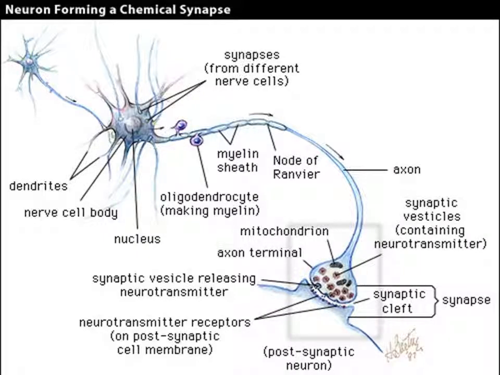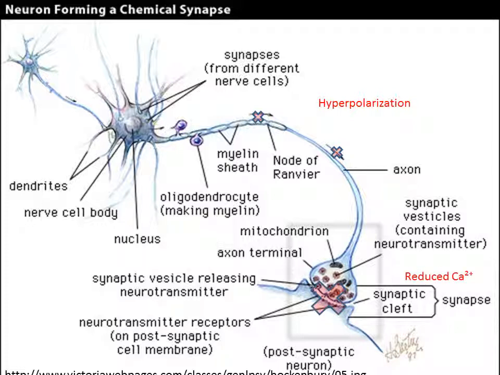Through the modulation of calcium and potassium flux, the signal transduction pathways of the opioid receptors affect neuronal excitability and transmission. In the cells, hyperpolarization inhibits the action potentials, and at the synapses, reduced calcium inhibits the release of neurotransmitters. So overall, the binding of opioids inhibits stimuli transmission across neurons.